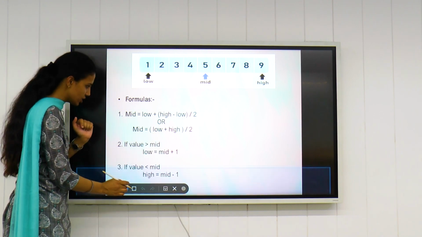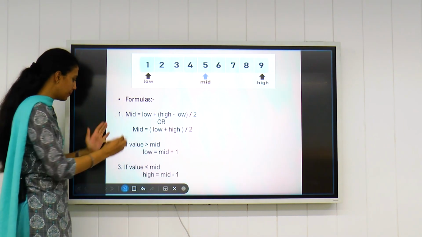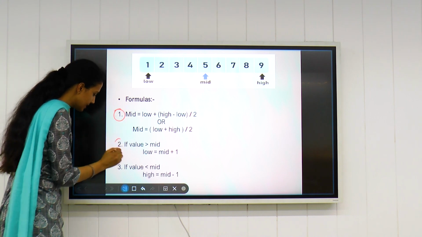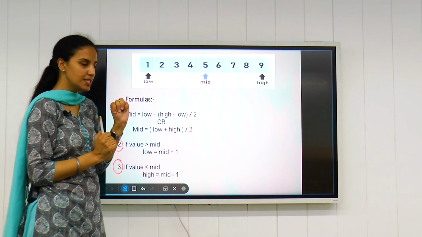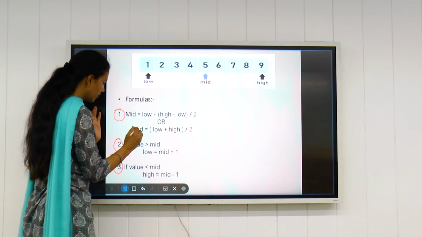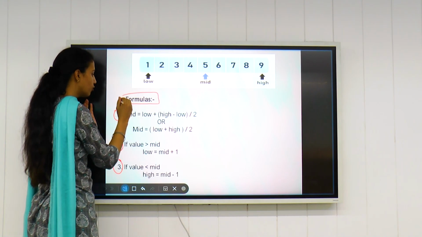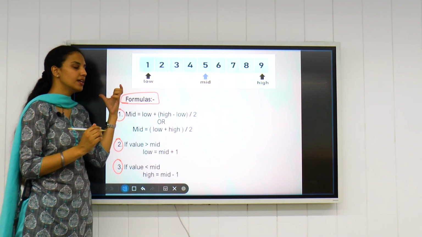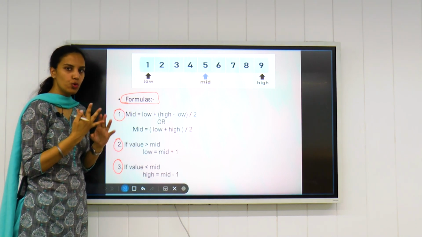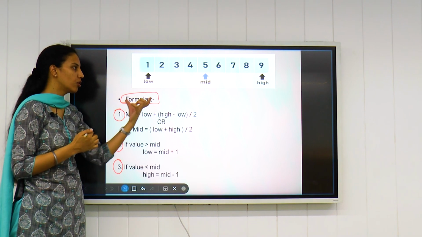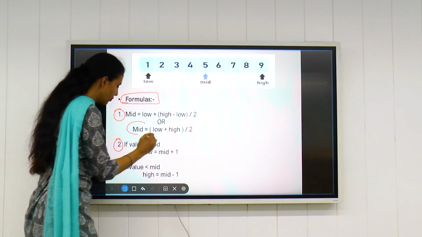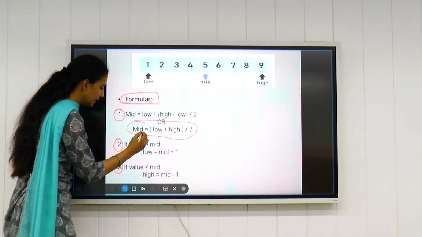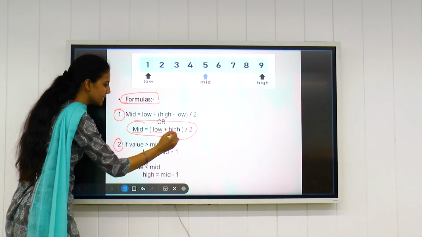For binary search, we basically need to remember these 3 steps, like in linear search we had 3 steps. Similarly in binary search we need to remember these 3 formulas, because these 3 formulas combine to perform the pseudocode, programming and coding for binary search. First formula, since I've already explained how we can find the middle value: middle is beginning plus end divided by 2.